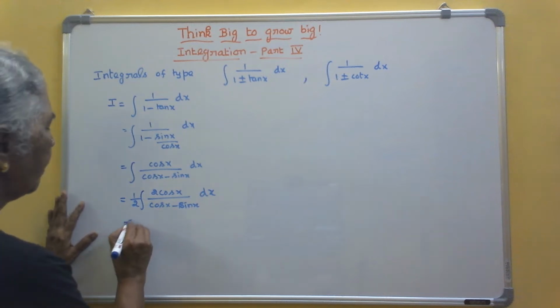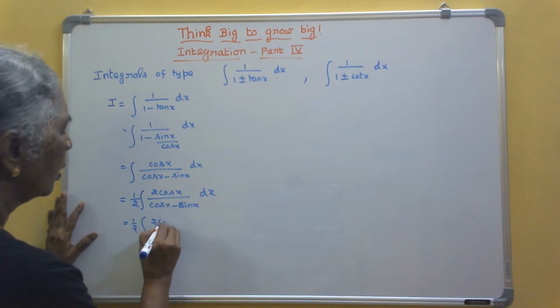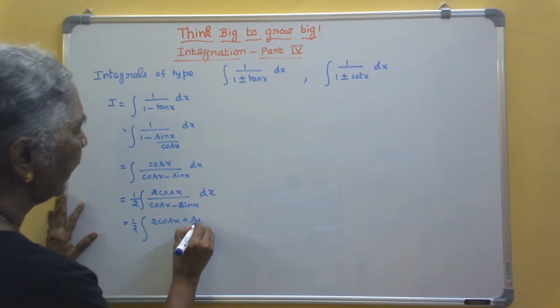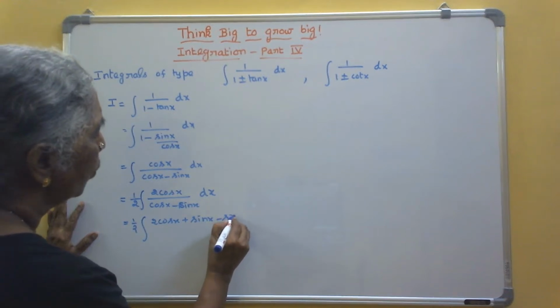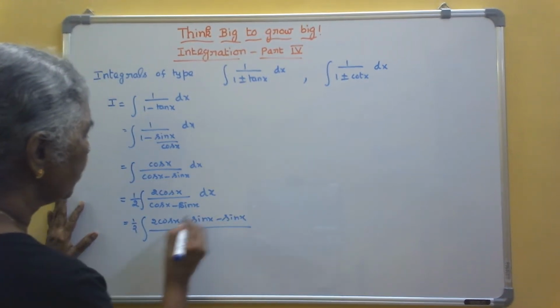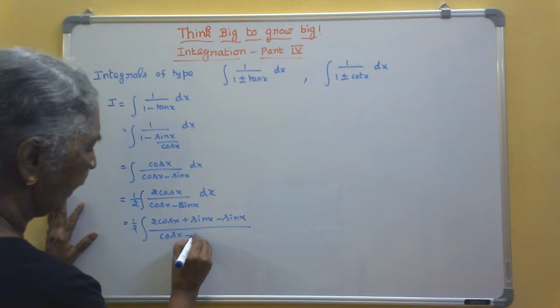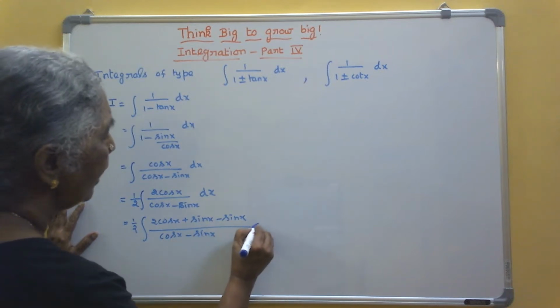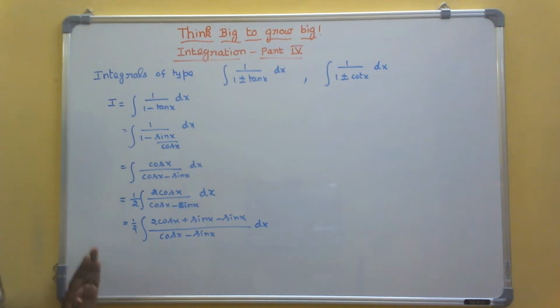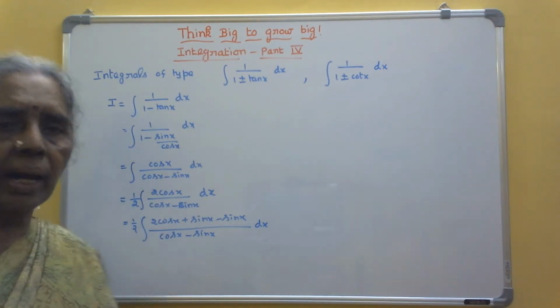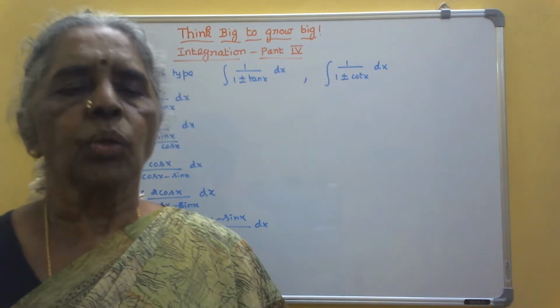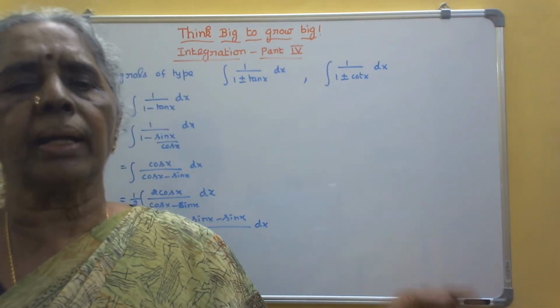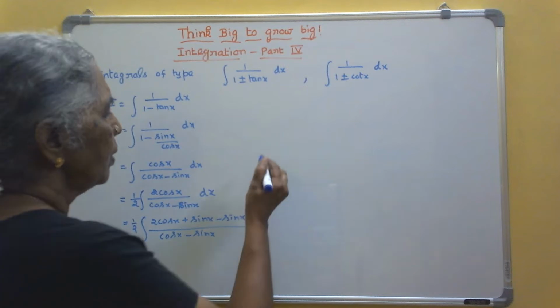Now I am going to add and subtract sin x. I am going to add and I am going to subtract sin x. In the next step you will understand why we do these things. Okay. So what have we done here? Into 2 by 2. Then we are adding and subtracting sin x. Here you have cos x. So you are adding and subtracting sin x. If you have sin x, you have to add and subtract cos x. Right. So now,